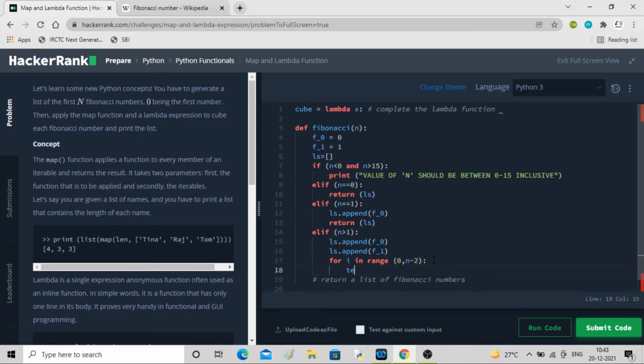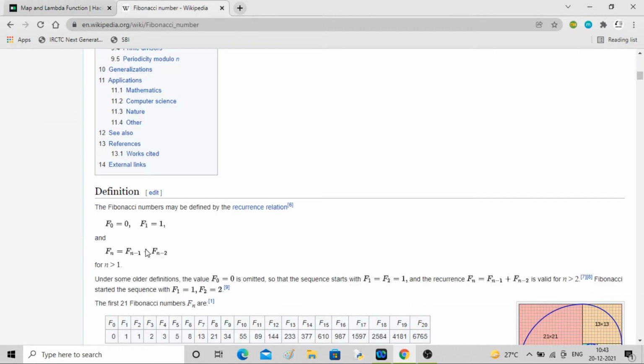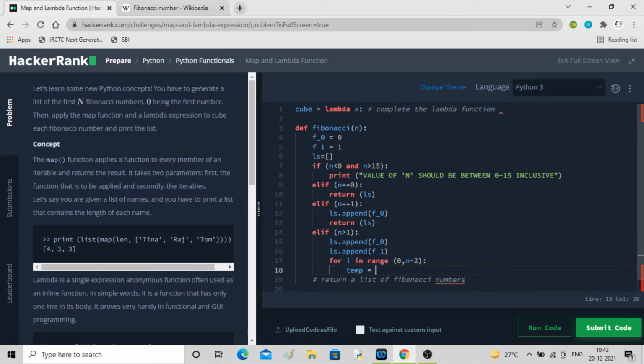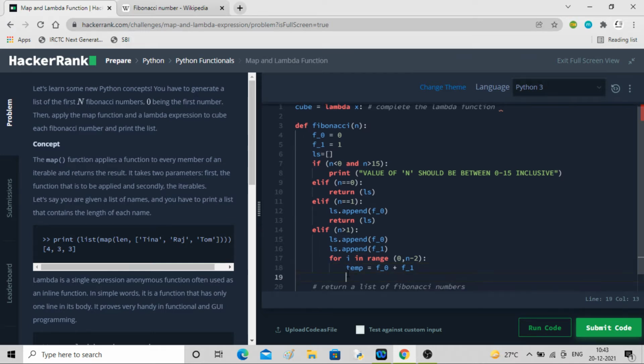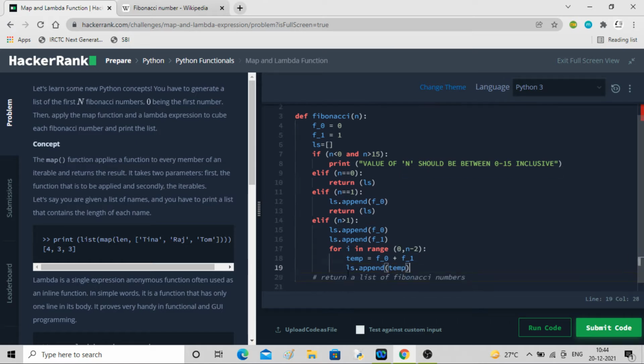I'll use a temporary variable, which will create an addition, that is f0 plus f1, right? I'm storing it into the temporary variable, then I'll append the temp, whatever the result came, and then I'll switch the variable values.